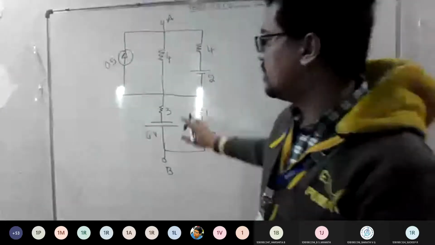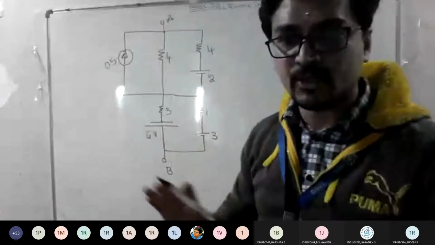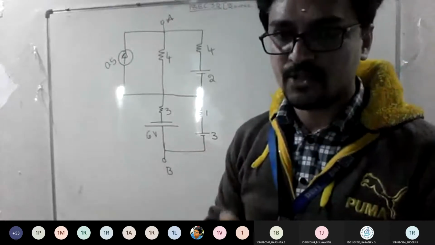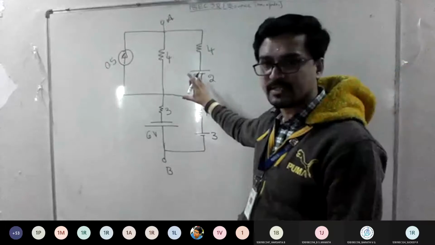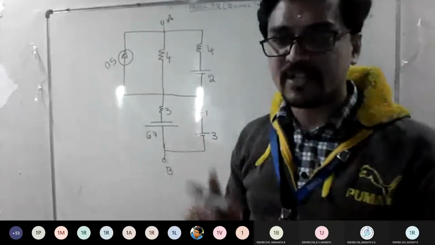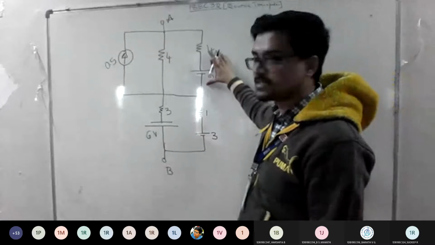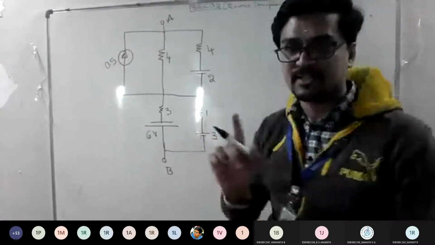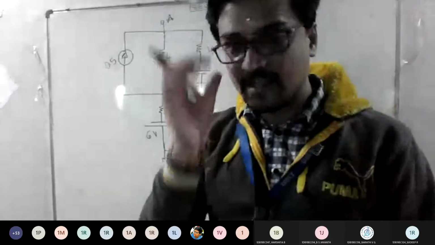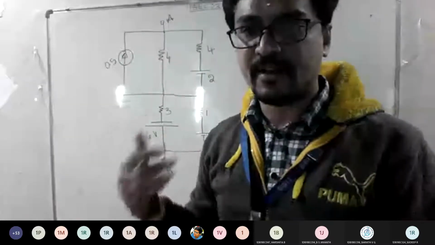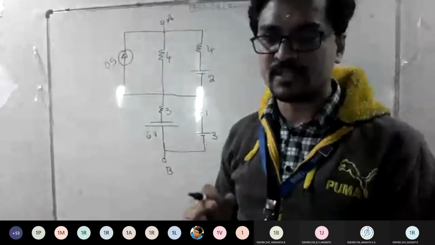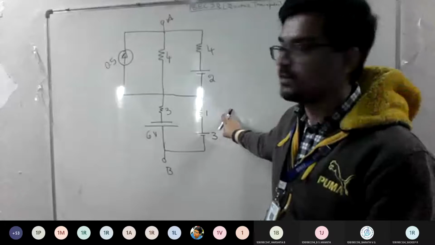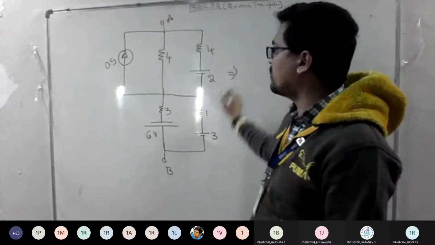See, listen carefully. Don't be in a hurry to tell the final answer. Each step carries marks, so I want you to represent it step by step clearly. What is the first step? You write this conversion in current, this conversion in current, this conversion in current. That is one step. Then simplify it, then do it step by step. This is the way you need to solve. Each step carries marks, so be alert. Now we will go one by one.